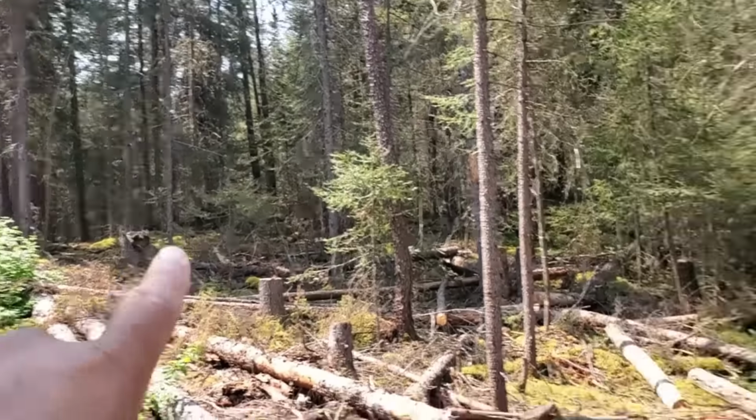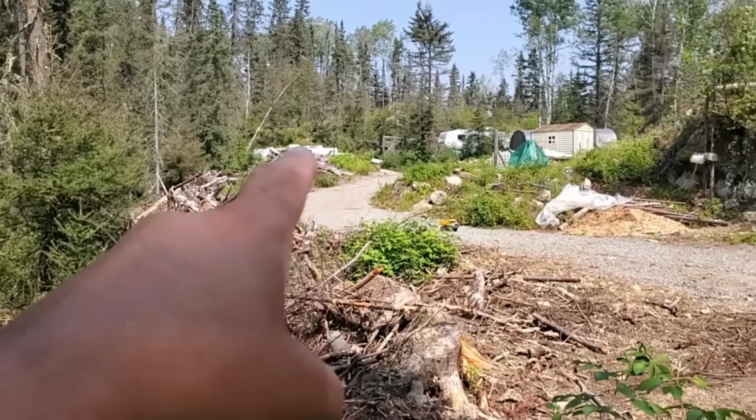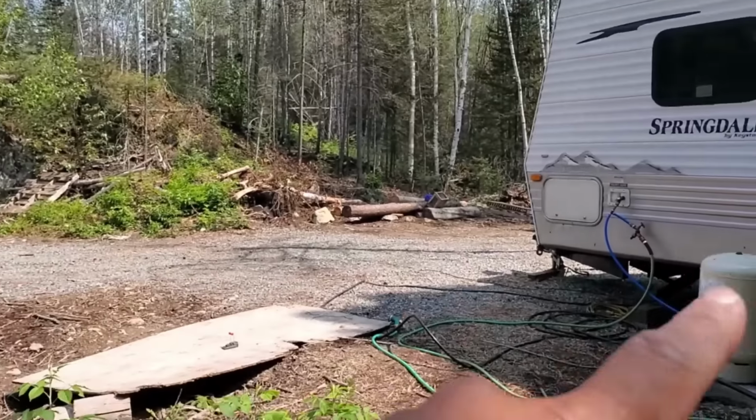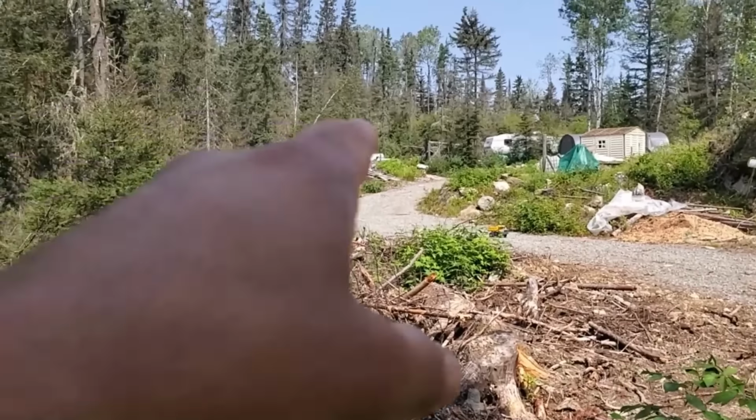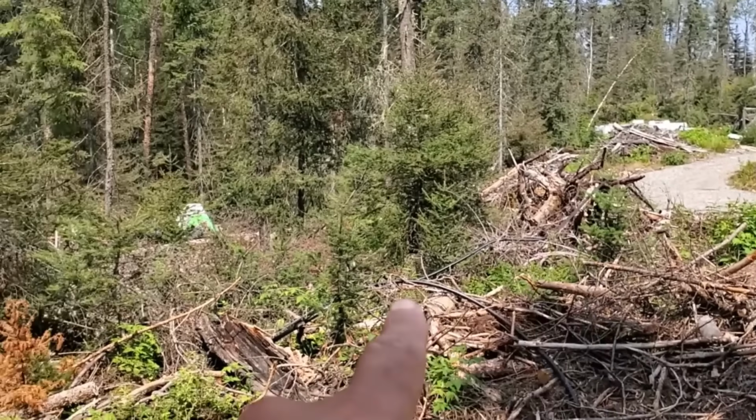I've been seeing what's the best route because I want to try to go as straight as possible, because when I'm backing up the trailer going around turns, it's really difficult if I have too many turns to go through. So I want to try to keep the road as straight as possible. That's where I want to go, and that's where the road is currently. I make a little turn over here where I put the trailer, but I want the road to go as straight as possible this way. So going through here,